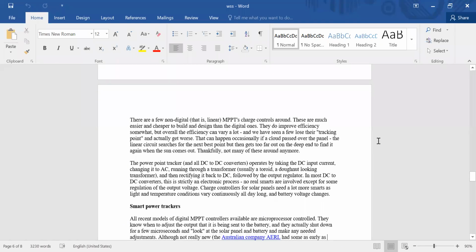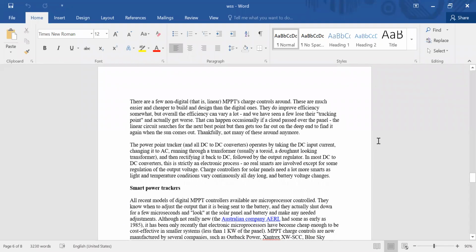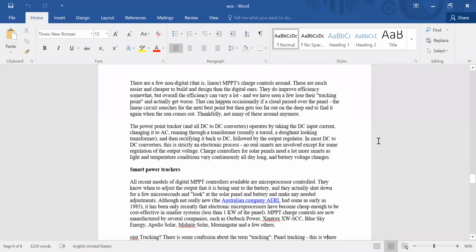So the power point tracker, a DC to DC converter, operates by taking the DC input current, changing it to AC, then running it through the transformer. Then we rectify it back to DC, and we have an output regulator there. Most DC to DC converters are strictly an electronic process, with no real smarts involved except regulation of the output voltage.